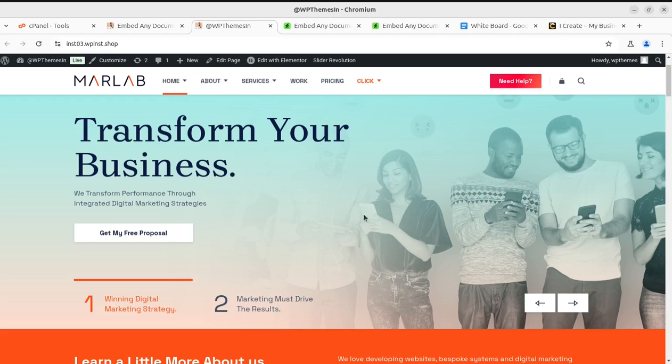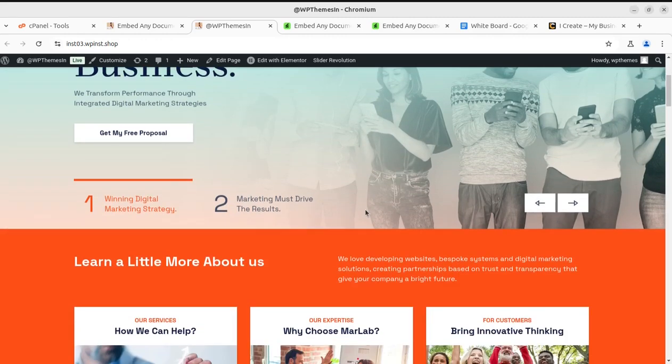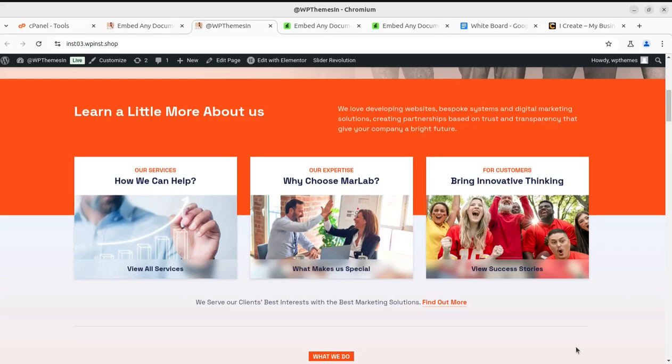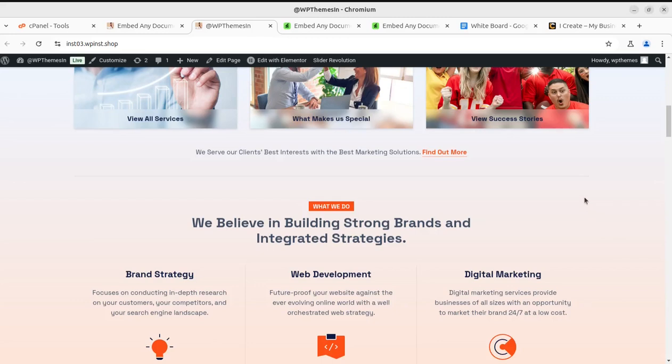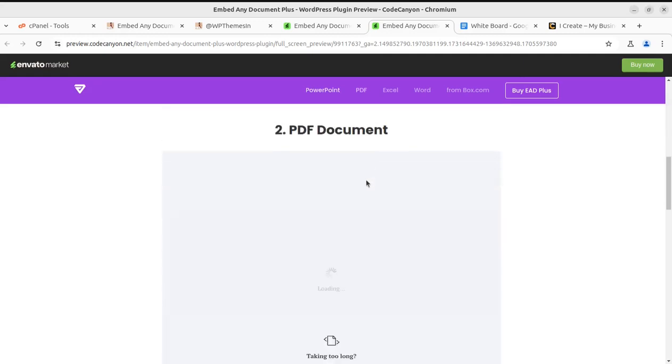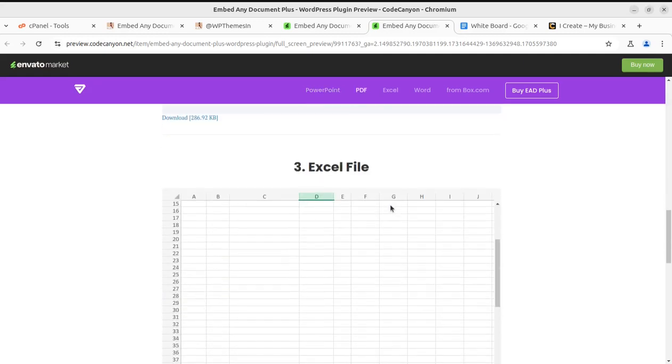Like for example, if you want to add a document file like MS Word document, MS Excel or PowerPoint that may be directly shown on your web page, how you can do this easily. So this is the purpose of this video. I'm going to show you a very simple and easy solution, and that is going to be very effective as well. What we are targeting, so how we can embed the PowerPoint document, PDF document or the Excel file,